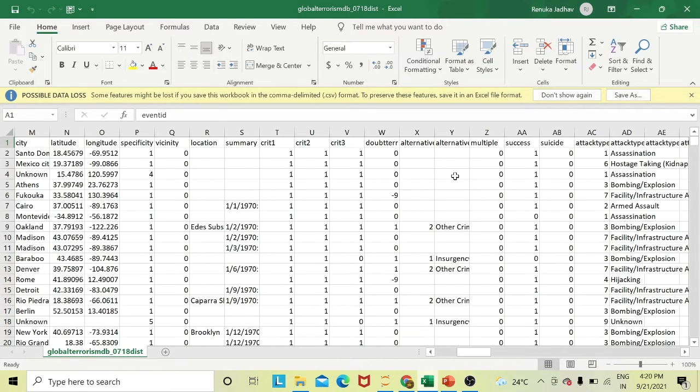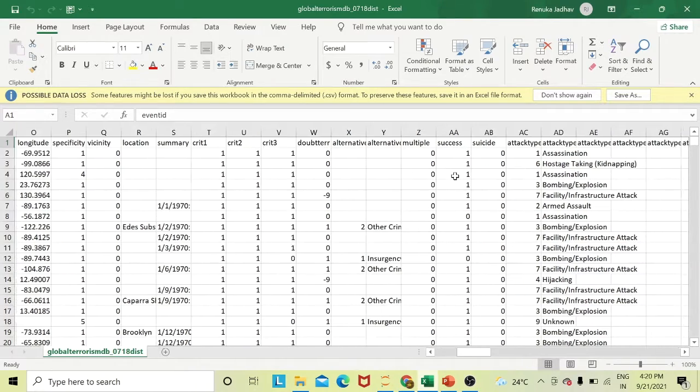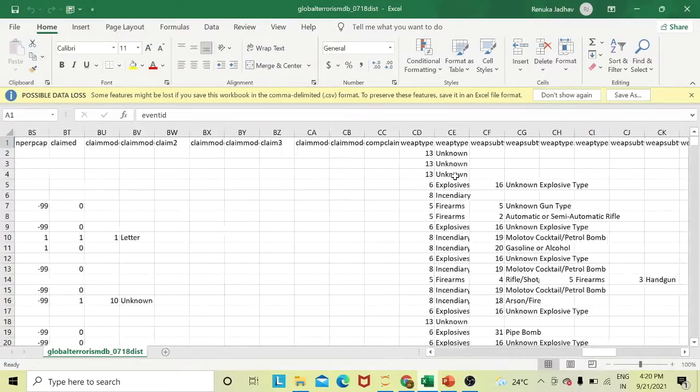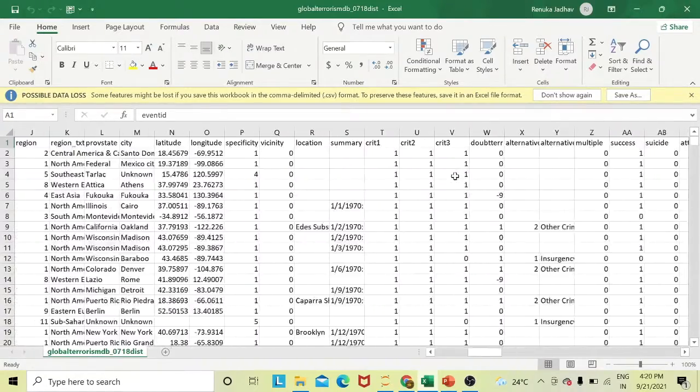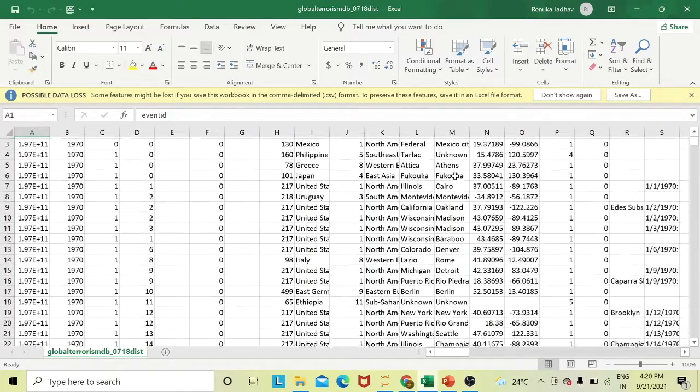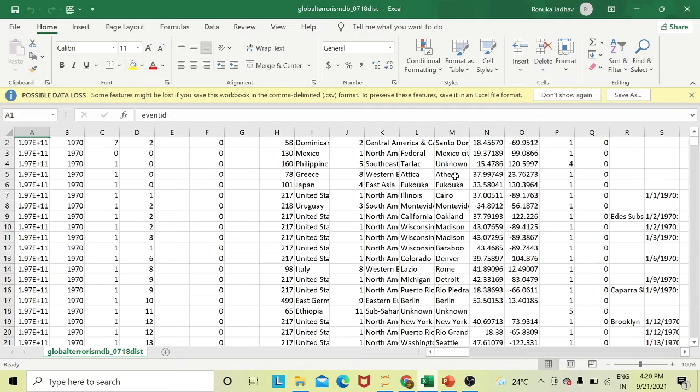Also from this dataset, we can get the information about the target type of attack, number of people killed in the event, number of wounded people in the event, and the terrorist group involved in that event. So there is a lot of information about the attacks given in the data. We have to analyze this data and come to a conclusion. So let's proceed towards the analysis.